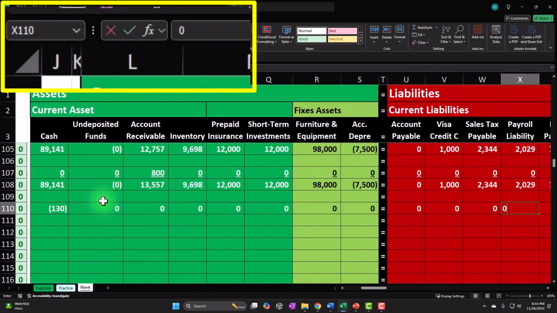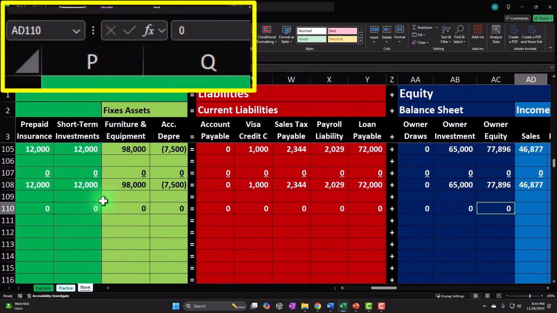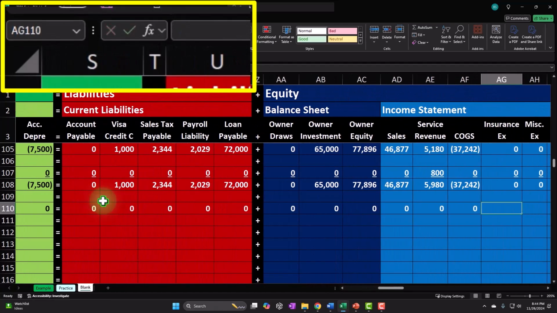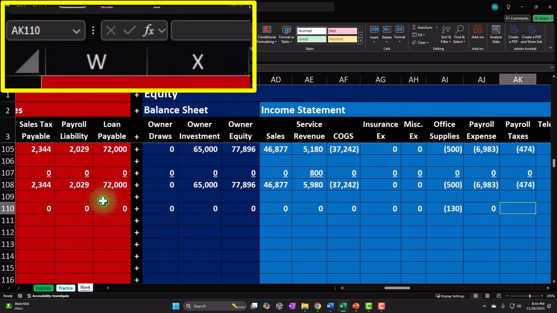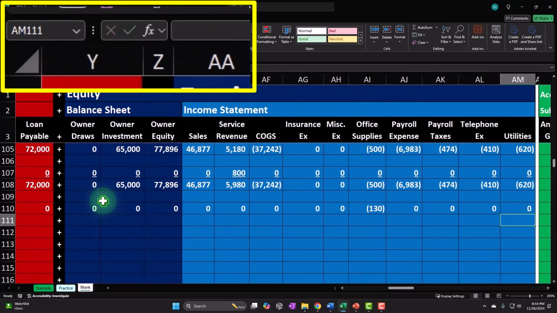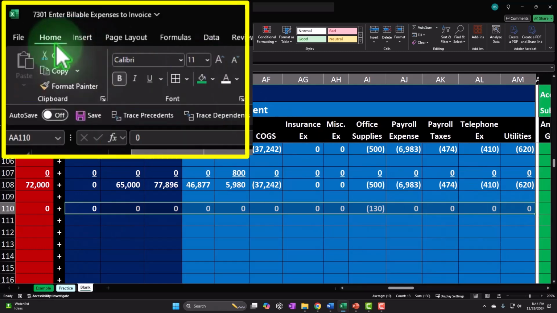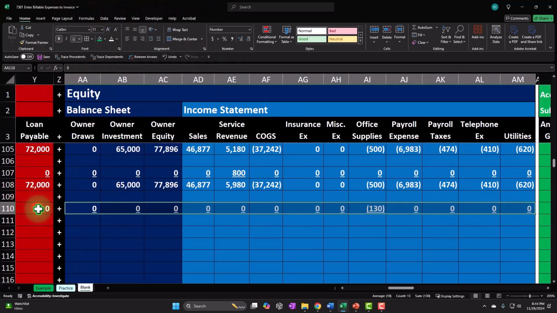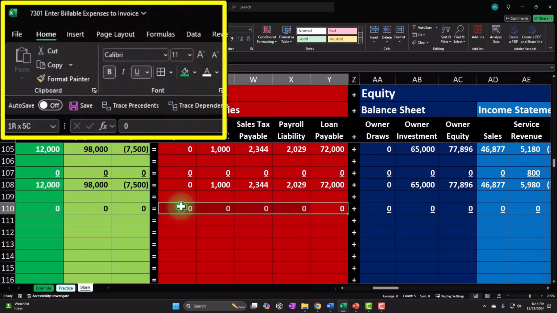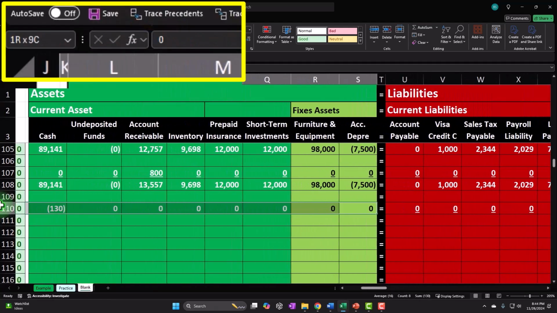And so there we have it. And we got the zeros across the board. Okay, let's put an underline here. We're going to say home tab, font group, underline. We're going to put an underline here, underline, and then we're going to put an underline here,